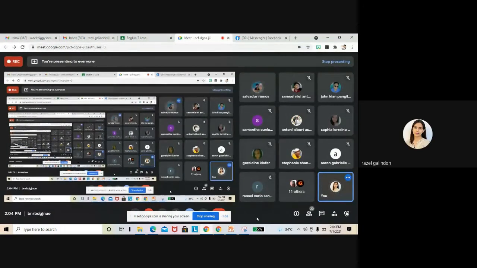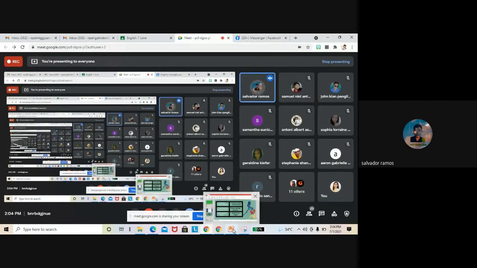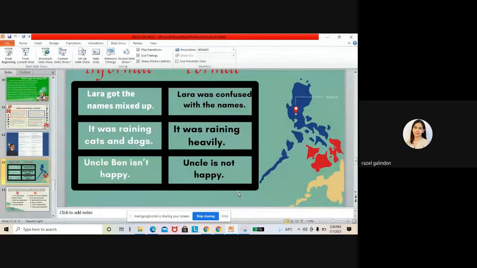Teka lang, may narinig akong, Salvador, ikaw ba yun? Ma'am, paano po kapag parehas pong ginamit yan po sa isang sentence po, anong pong tawag dun? O di mix yon. Kaya nga,